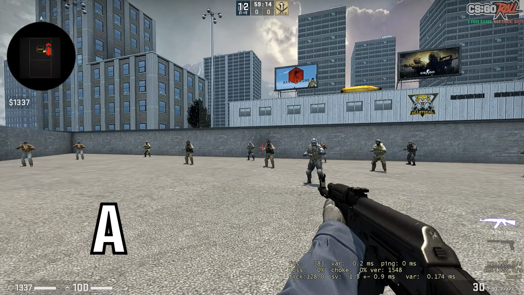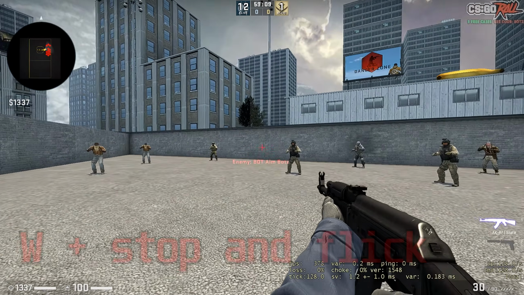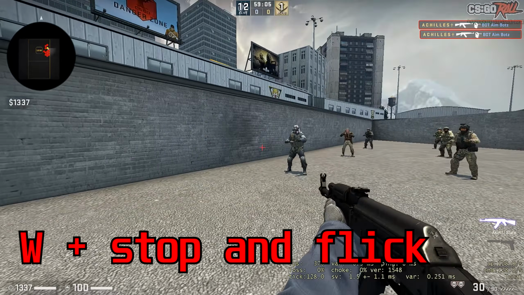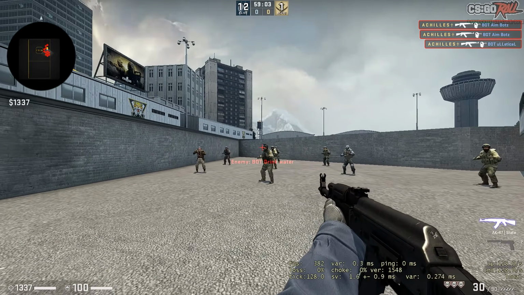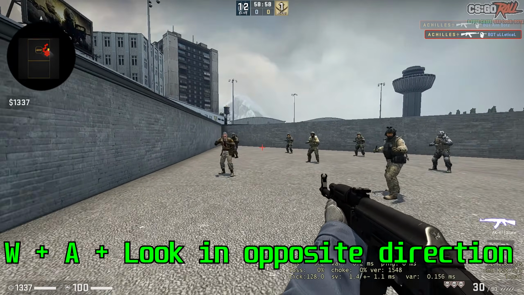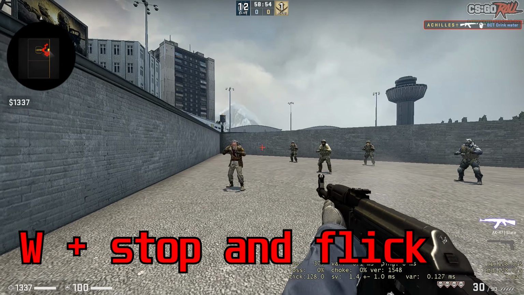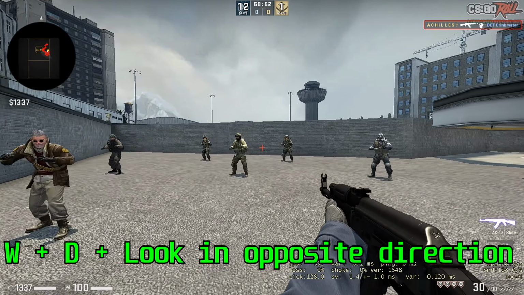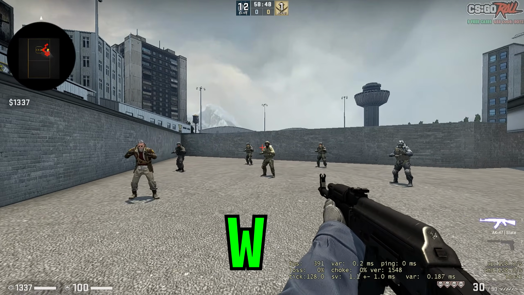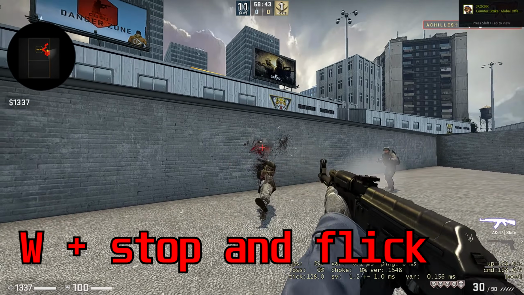And of course, this is on a minuscule level during gunfights, so it won't look this obvious. But basically, as I'm flicking, I don't want to be doing this. How's that a hit? I want to be basically moving with the target. So if I'm flicking, I want to be doing that. I don't want to be doing that and just stopping my mouse and then flicking. What I want to be doing if I'm moving is actually to adjust my aim to when I see this person. So I'm moving, pressing D and then moving with it, instead of just doing like that.